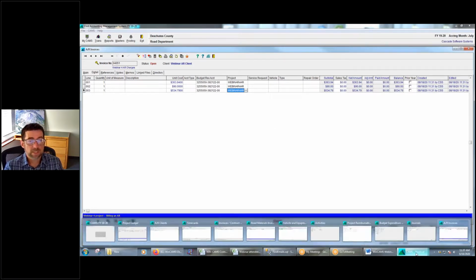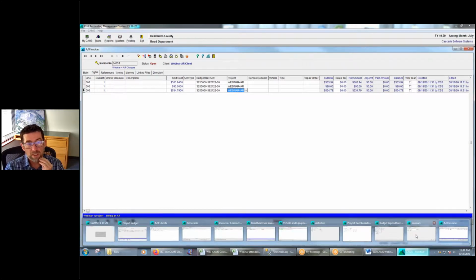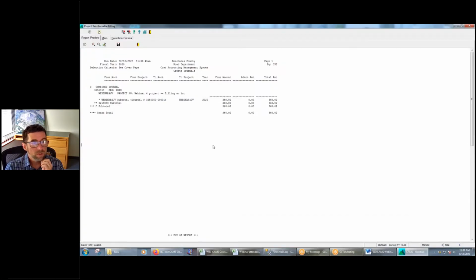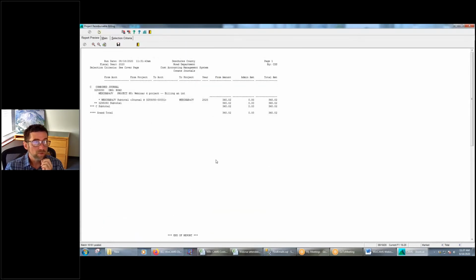Okay, so I would maybe send that invoice form that I just showed you, and also a project cost source report or a project expenditure detail. Some people send a time card distribution report because they want all the details of that. But the nice thing about the project cost source report is that it can show the charges within a, let's see here. Well, my project cost source report must have gone to the printer, but it can show the charges in the